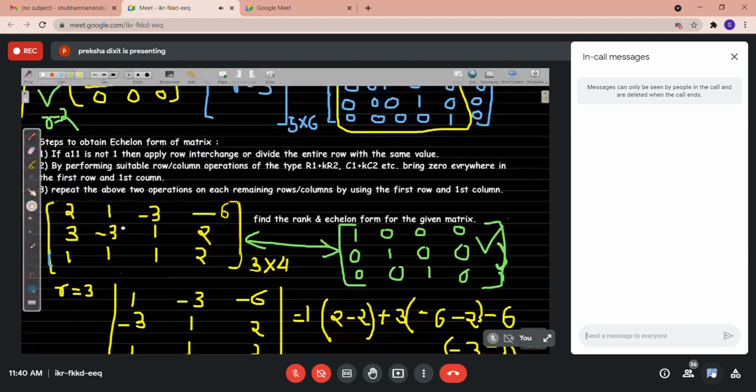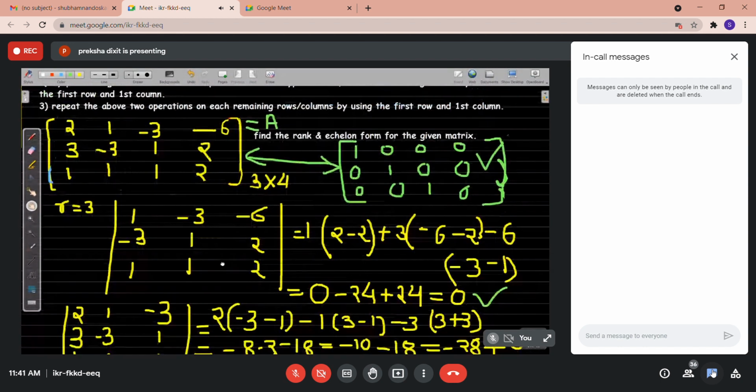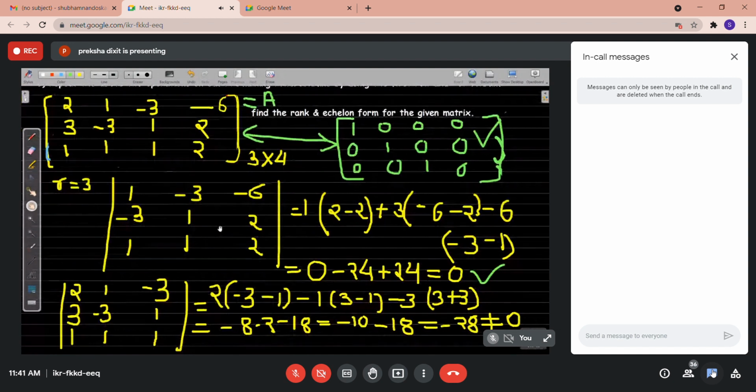Here I take an example of any 3 cross 4 matrix I have entered over here. Let me name it as matrix A. So here is a 3 cross 4 matrix, and let's find its rank first. So if we try finding its rank, what will be the highest number of